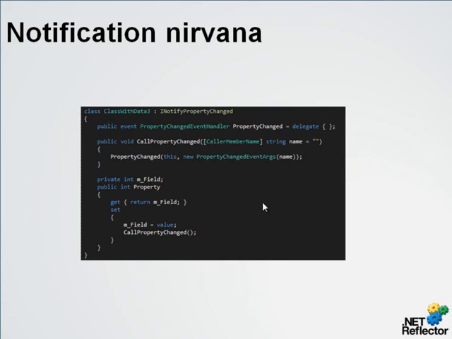C# 5 goes further with this. What we really like is to get rid of any of these tricks, any of this hackery to do with lambda expressions. And this is what C# 5 does with this new CallerMemberName attribute. So what we can do now is make a call to this CallPropertyChanged function, passing in no arguments at all. And the trick is that this